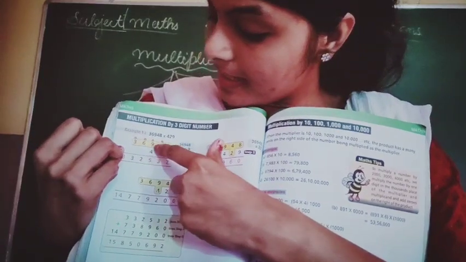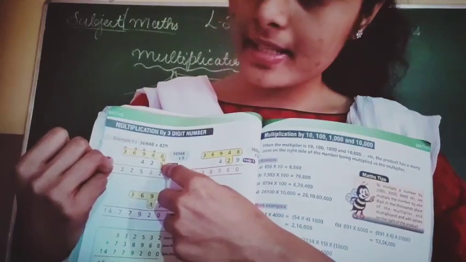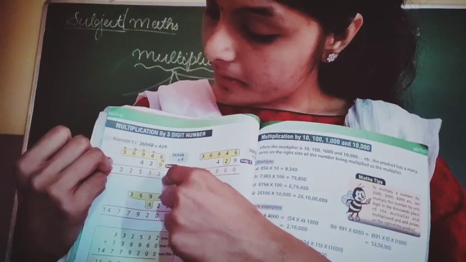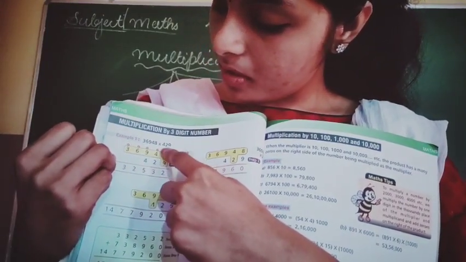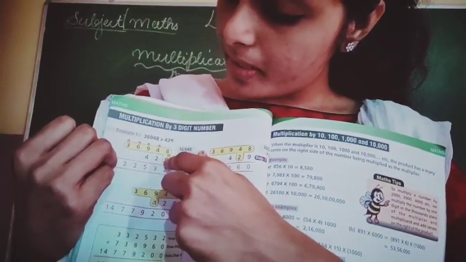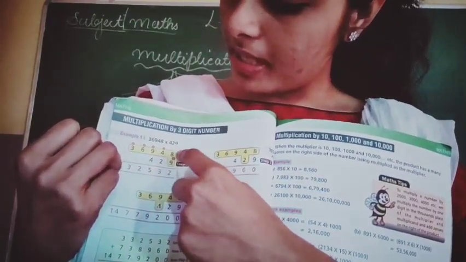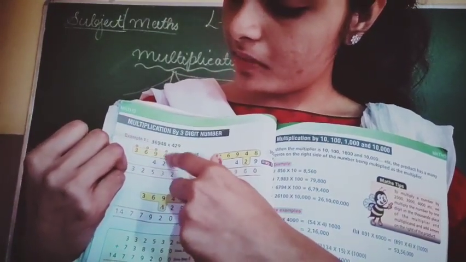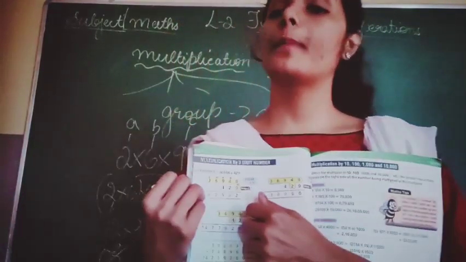You have 3, 6, 9, 4, 8. You have to multiply with 4, 2, 9. First you take the 9 because it starts from the end. 9 8s you get the answer. Then you carry over 7. Then 9 4s, then 9 9s, 9 6s, 9 3s. Then 2 8s, 2 4s, 2 9s, 2 6s, 2 3s. Then 4 8s, 4 4s, 4 9s, 4 6s, 4 3s. So this is the way we are going to multiply.